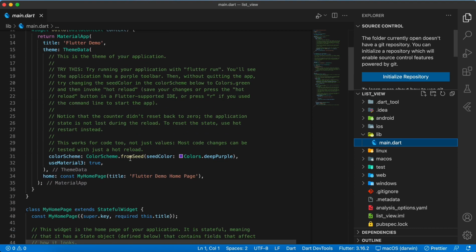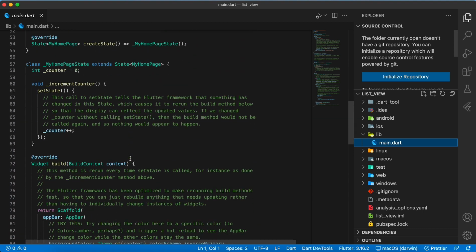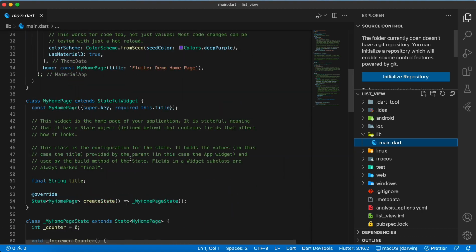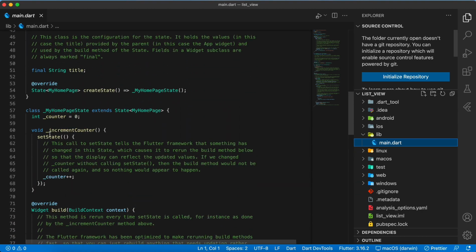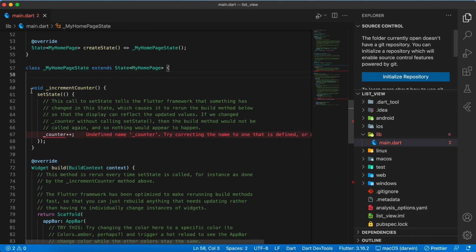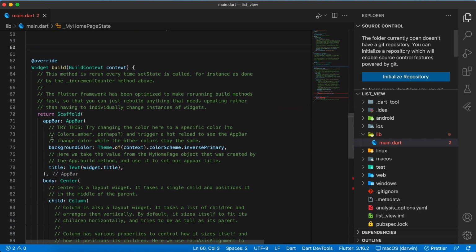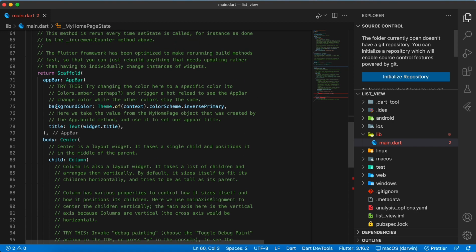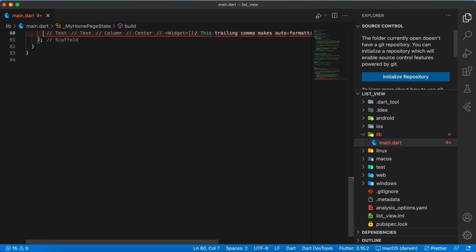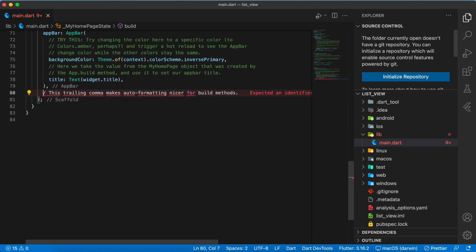In VS Code, I just prepared the first project. I will remove the unwanted content first. Here is the counter app. I will remove all these counter things here. Okay, in our scaffold we don't need anything. I'll remove everything from here. In the body